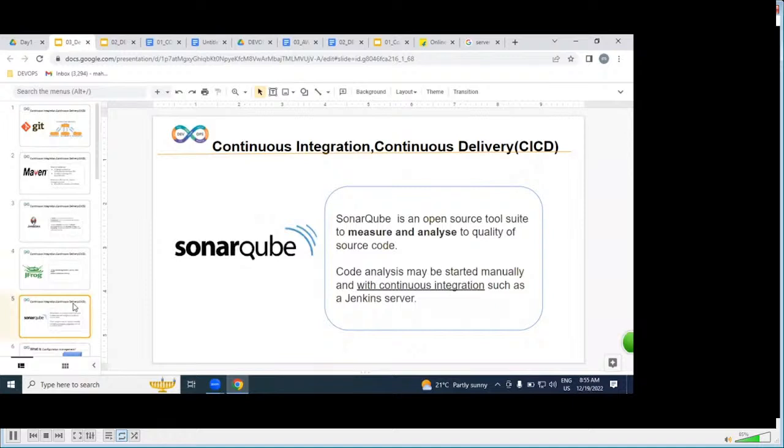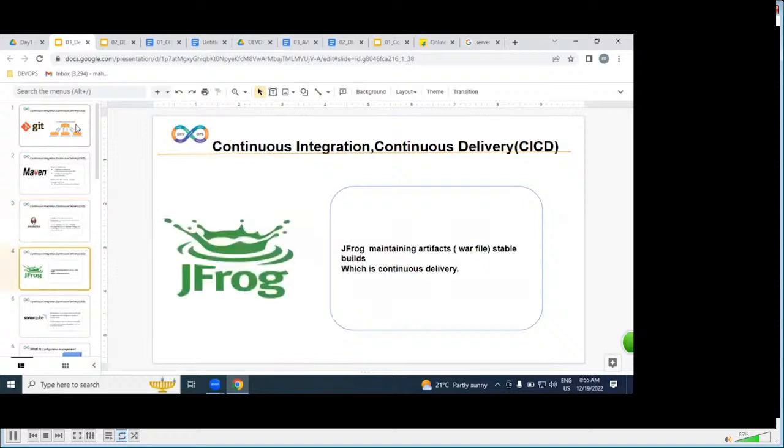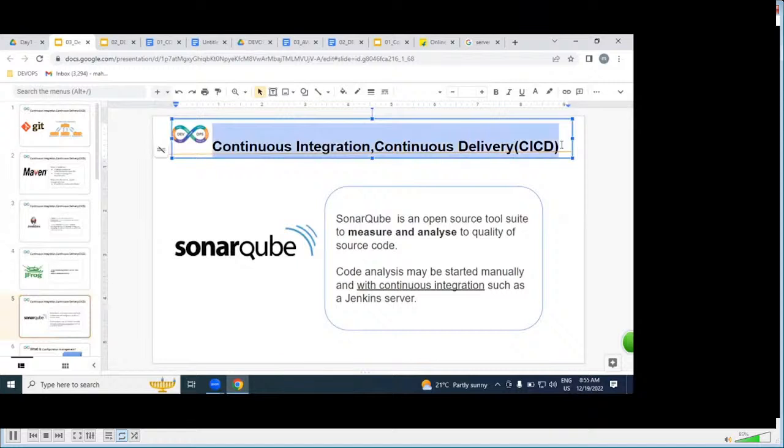And we are going to learn SonarQube. SonarQube is what exactly? A code analyzer. It is an optional tool, but we are going to discuss it. By using SonarQube, whether developers are following standards or not, it will verify and give statistics and reports. List down these tools: Git, Maven, Jenkins, JFrog, SonarQube. We are going to implement the CI/CD process, continuous integration, continuous delivery, as one module. These tools we call one module. It will take 3 weeks.